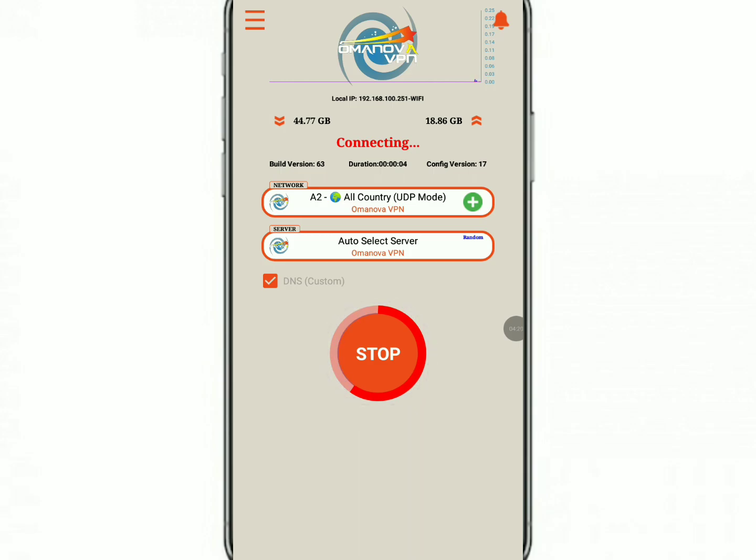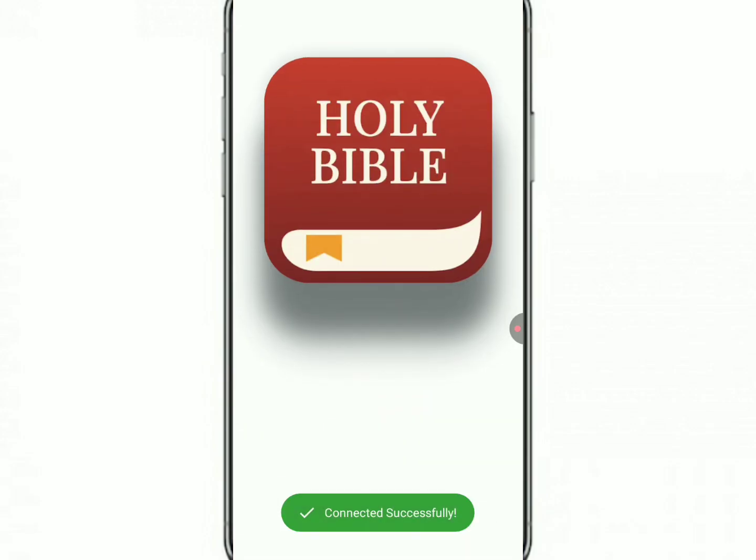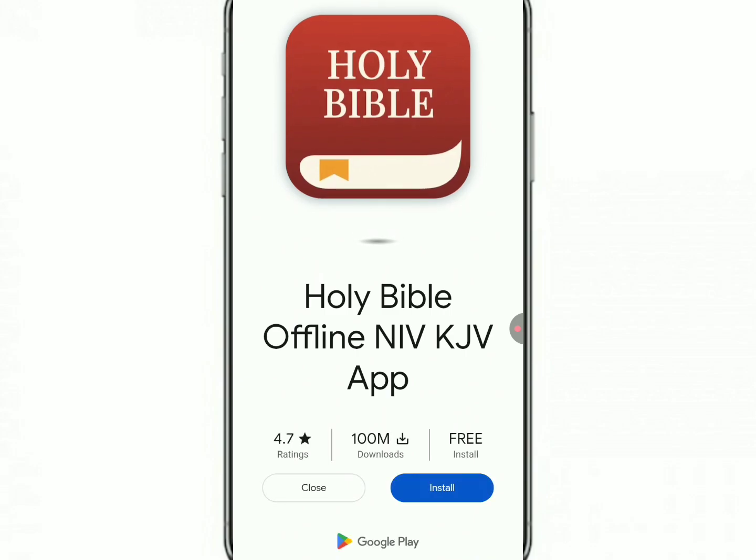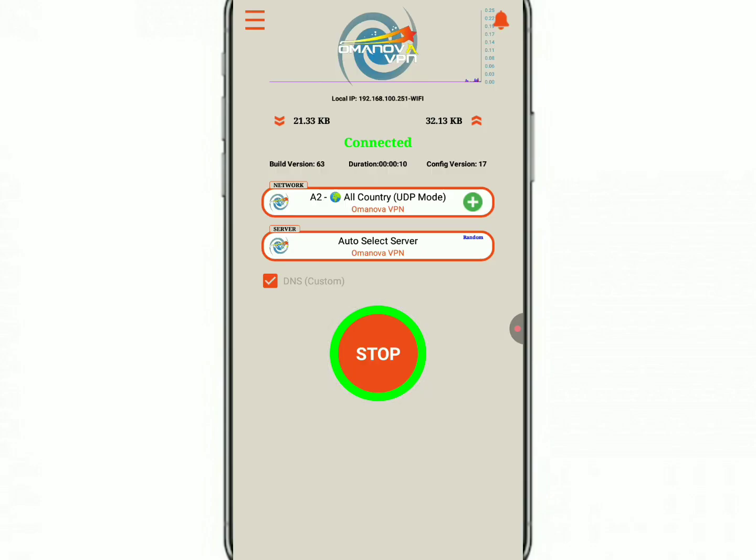Don't forget to subscribe, don't forget to share this tutorial to your friend, as you see the application has successfully